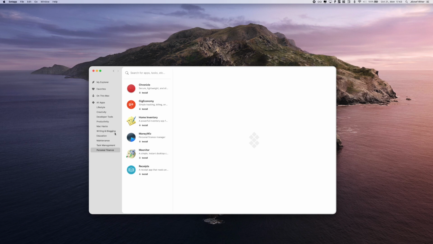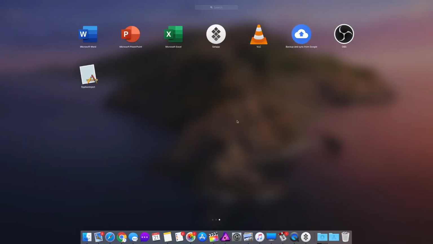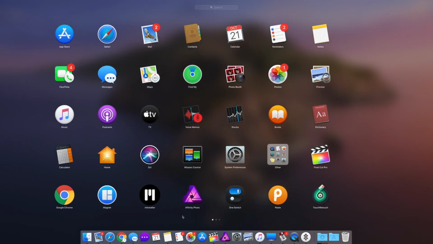So in this episode, I just want to show you 4 different kinds of applications that are really handy and that I use on a day-to-day basis, just from downloading from Setapp. It's really easy to download these applications. If I just go over here, choose my application, click install, and boom, it's on your Mac. If you want to uninstall it, just click and it uninstalls. It doesn't leave any files behind, so it's not going to clog up your space on your computer. I just love it. The first application I want to show you is called OneSwitch, as you can see over